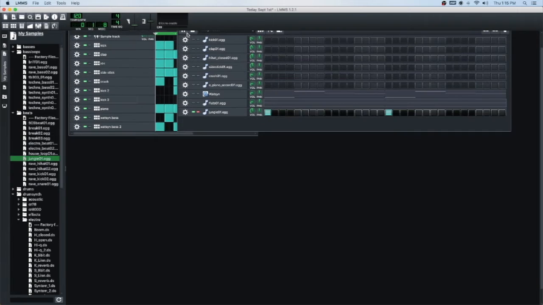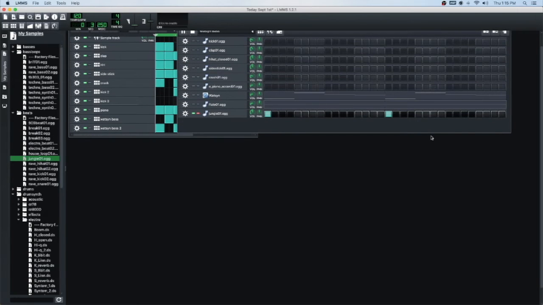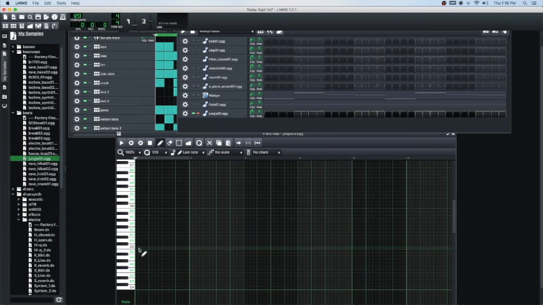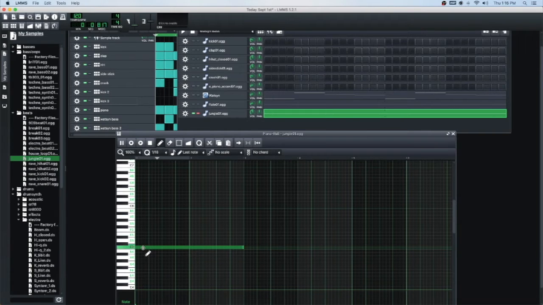Listen to this. Okay, and the reason it's doing that is because it's not set to the BPM that's suggested or recommended for this drum pattern. Okay, so I'm going to go here. I'm going to draw it in. Okay, again, it's not